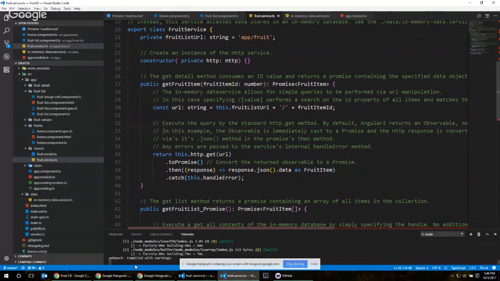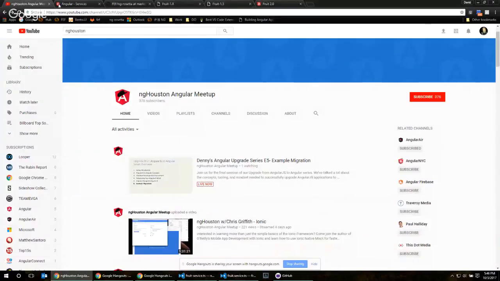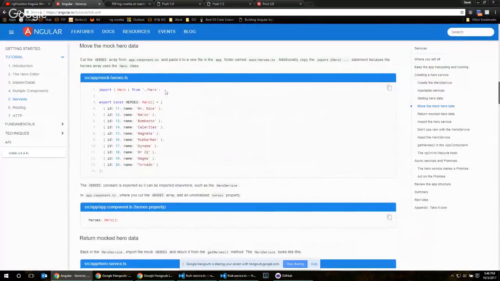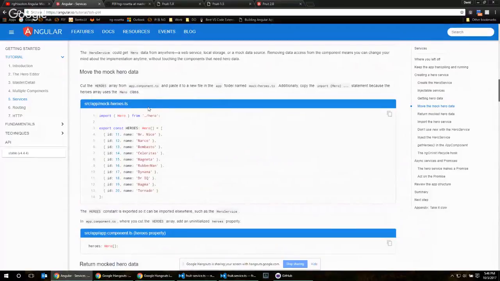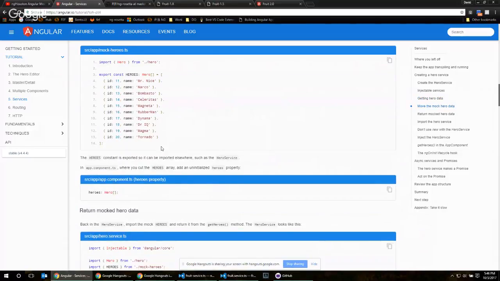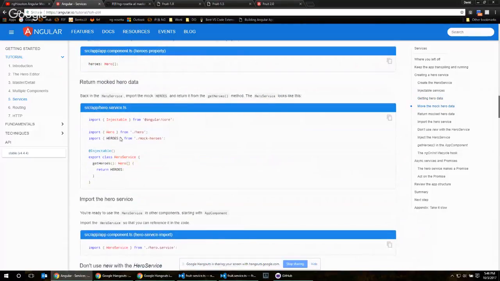I had the page up just so I could show, oh, sorry, not that page, this page. So this is what it looks like now, right? You create a TypeScript file called mock heroes. You import the object model, and then you export an array of heroes. And when you go to consume that, you pull it in here, and the get heroes service returns that object that's actually brought in from the file system. So they're not doing any HTTP calls at all in this instance. They're even less authentic, but again, totally portable, and it makes it really, really clear what's going on from the